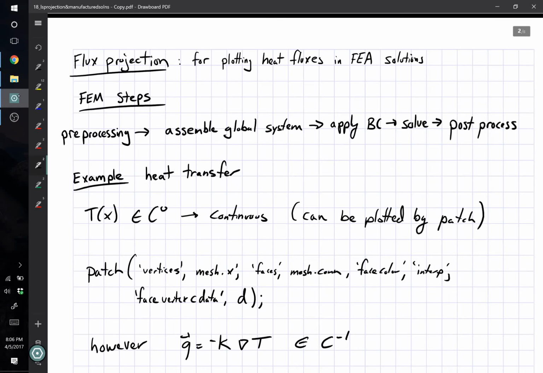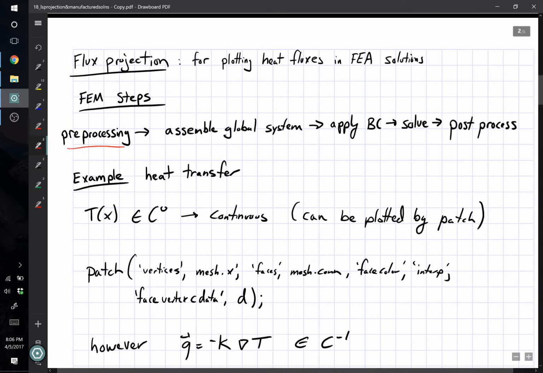Okay, in this mini lecture, we're going to talk about how to project the flux or the gradient of your FE solution for plotting or other analysis. Towards the beginning of the semester, we talked about the different steps of a finite element method. We have pre-processing, then we assemble a global system. That means assembling your stiffness matrix or your conductivity matrix, applying boundary conditions, solving the system of equations, and now